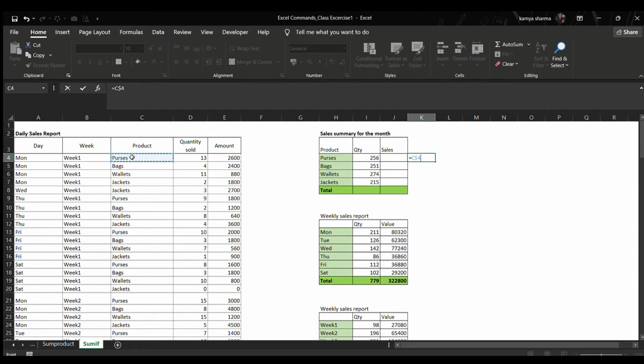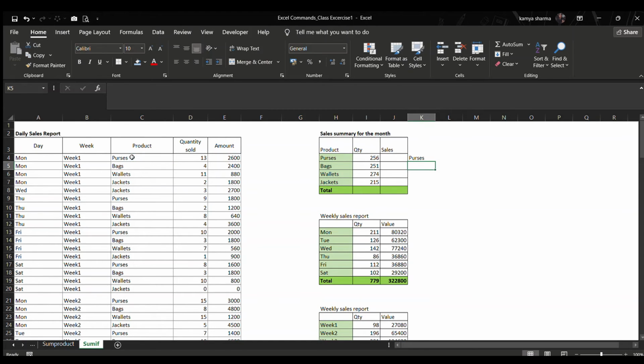In the first one there was a dollar before C and a dollar before 4, right? But now that I have pressed F4 one more time, there is a dollar just before 4. That means row 4 has been frozen, but column C hasn't. So if we move rightward, the row would be the same but the column won't be the same.